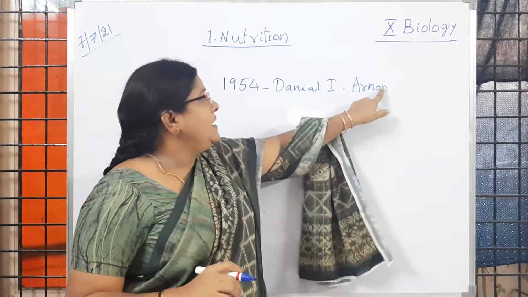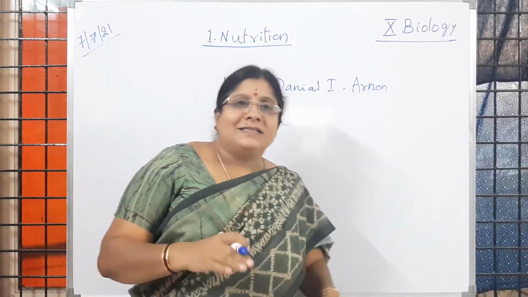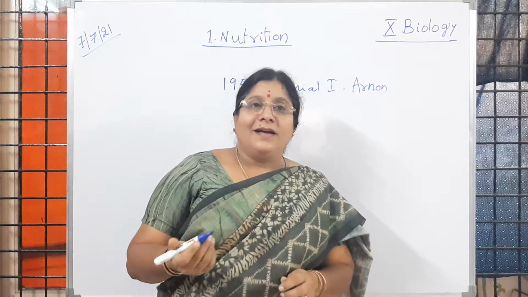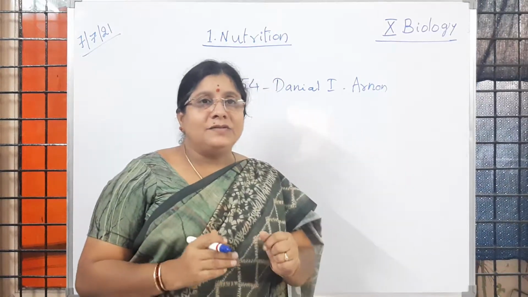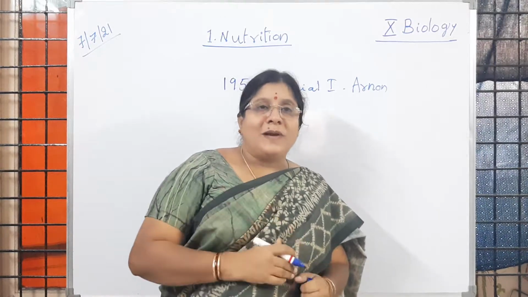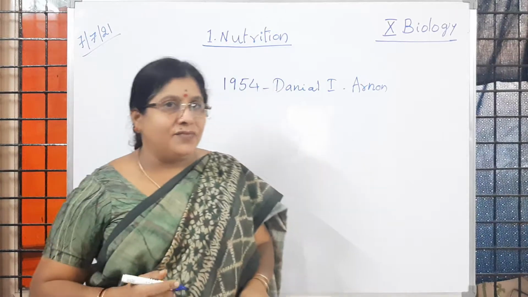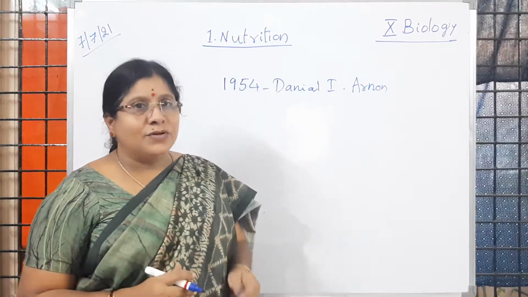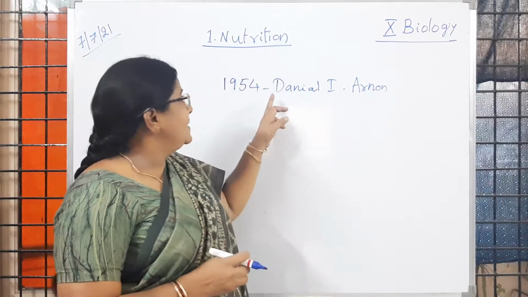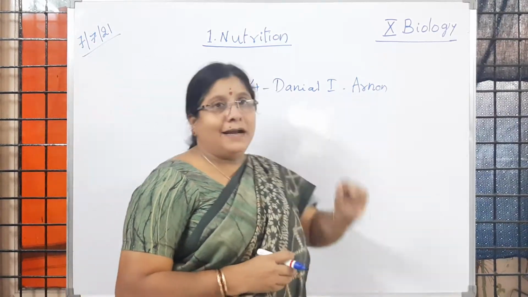What was his contribution to science? Suppose we break the cell, all the cell organelles get damaged. Is it not, children? Then it is not possible for scientists to study how the chloroplast or chlorophyll helps in preparing food by photosynthesis. But it was made easy by this scientist in 1954, Daniel Arnon. Is it clear to you?